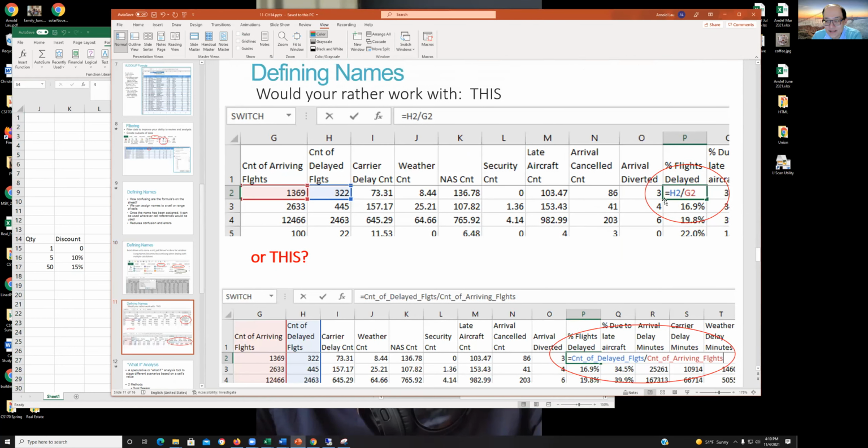So this is the example, right? Normally you would type in something like H2 over G2, right? Instead, you just overlay this name on top of it. In this case, they're saying count of delayed flights over count of arriving flights. So they're just showing you. You look at the top here, the formula equals H2 over G2, count of flights over arriving flights. Okay. So that's what the named,